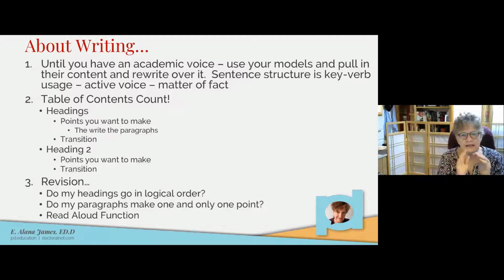Sentence structure is key. So it's the way verbs are used. It's an active voice, and it's a very matter-of-fact way of writing. And because, especially when we're beginners, we have a lot of passion about our work, it's hard for us to write as matter-of-fact as somebody who's gone through the whole process and has published it. They will be much more, and you will be much more matter-of-fact at the end. It's part of kind of the process of being beaten on for so many years. So